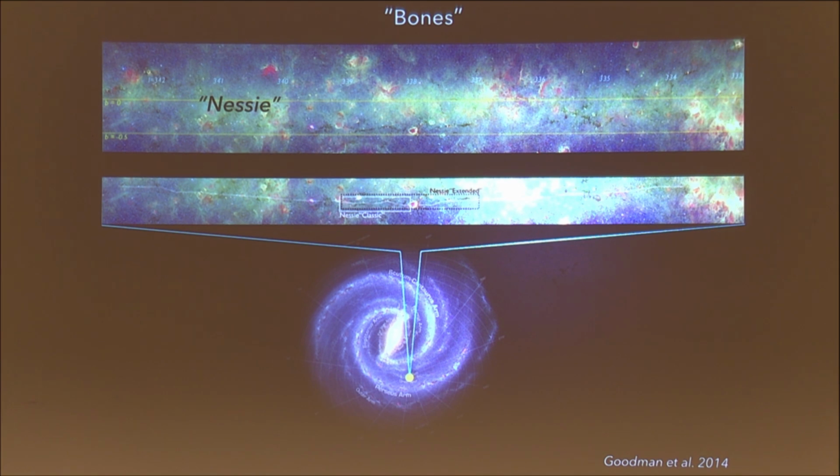Okay? So here is Jim Jackson at BU, at the time, was actually the person who discovered Nessie in the Spitzer database. And this thing here that says Nessie Classic, that's Jim's version of Nessie that was 80 parsecs long. And the paper that he wrote was about massive star formation in this. So these are regions, molecular clouds that have lots of massive star formation, but we're more interested in them for their larger structures. And so this, I think we called it, yes, Nessie extended. Okay, so nobody doubts that all of this structure is connected, and this is just an H2 region in the middle that breaks it up.